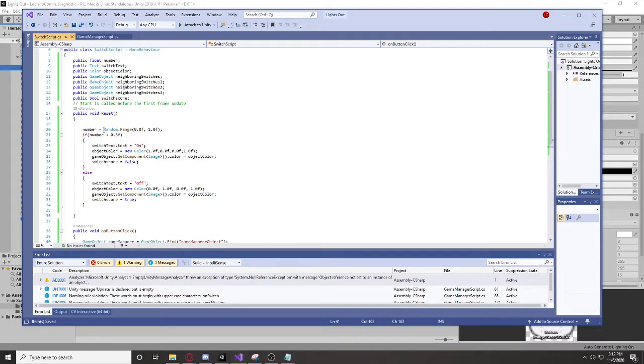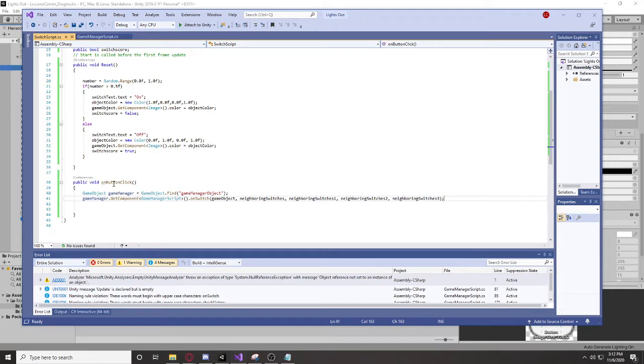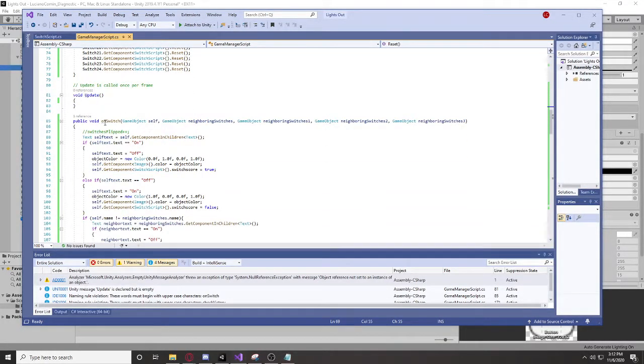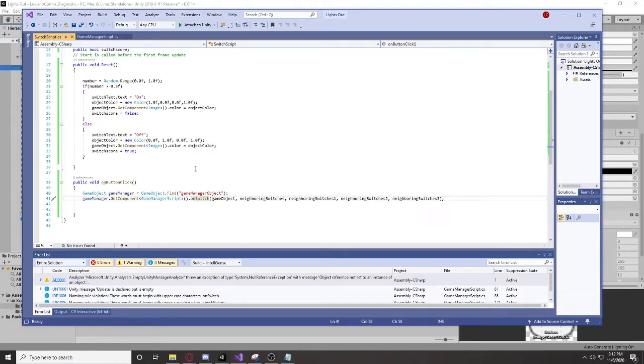So to reset, we assigned a random number to figure out whether it was on or off. And then based on that number, we turned it on or off, changed its color, and changed its score. Once a button is clicked, it calls the game manager. So first we had to find the game manager, then we had to use the on switch function in the game manager and pass through not only our own game object that the button is, but also its 4 neighboring switches. So if we go down to on switch, which is the command that was just called,